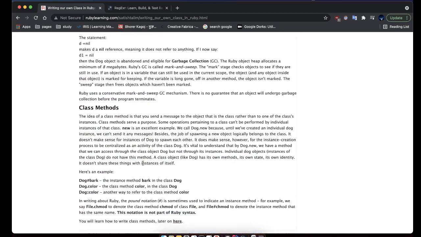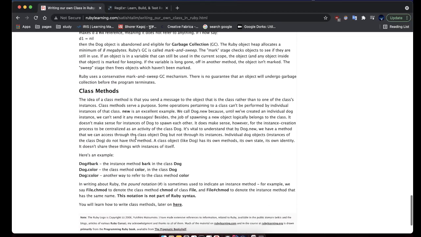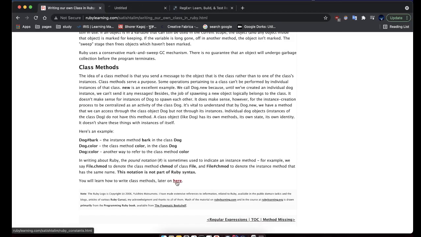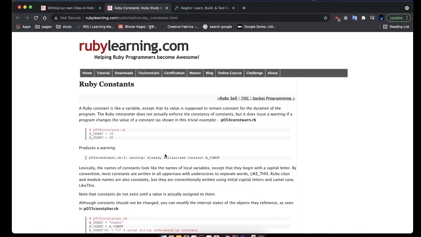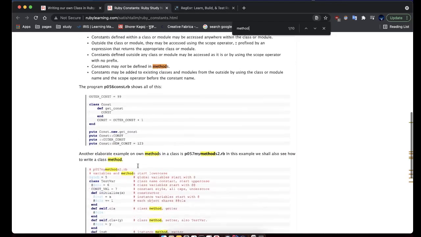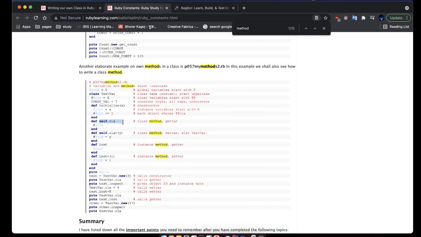We have the class method. A class method is nothing but, we have different types of methods, like a normal method with self, and the instance method and everything, right? So we have different types of methods, a static method as well. So we can see the details here. If you notice, we say class method. So here we see that we have self with the name of the method,